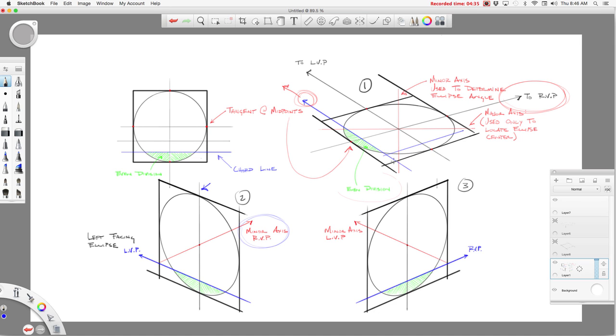the minor axis for this horizontal ellipse, or ellipse on a horizontal surface, it's going vertical. This one's going to the right vanishing point because it's facing left, and this one's going to the left vanishing point because it faces right. However, the chord will be the opposite of whatever your minor axis is, and so you can see here it's